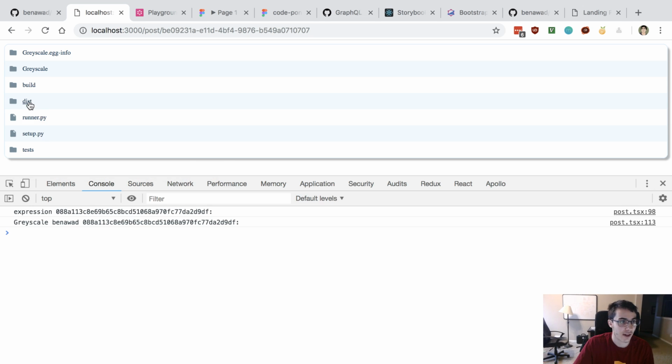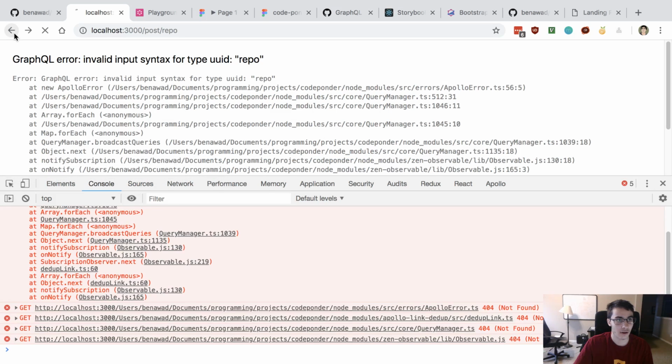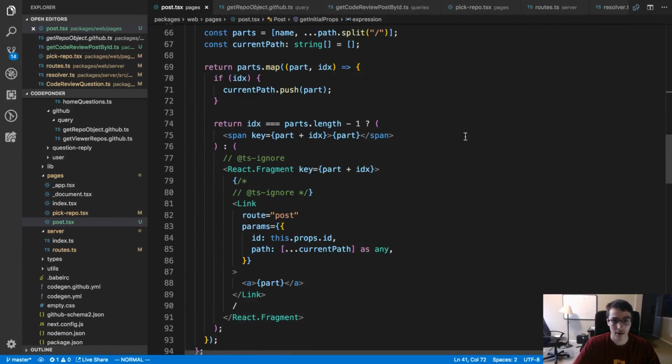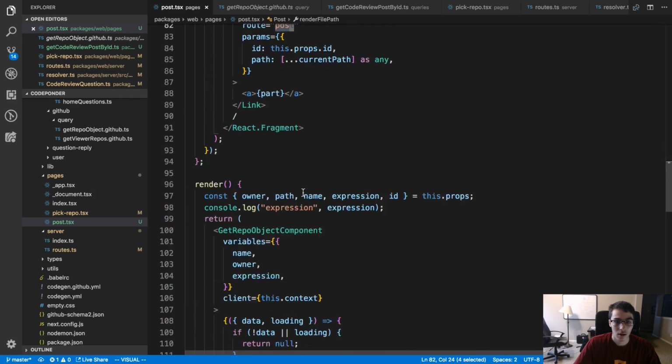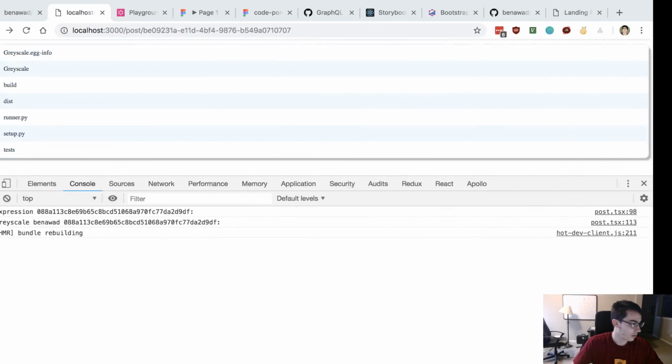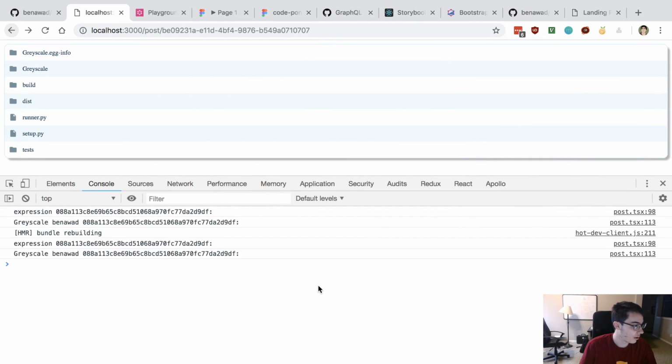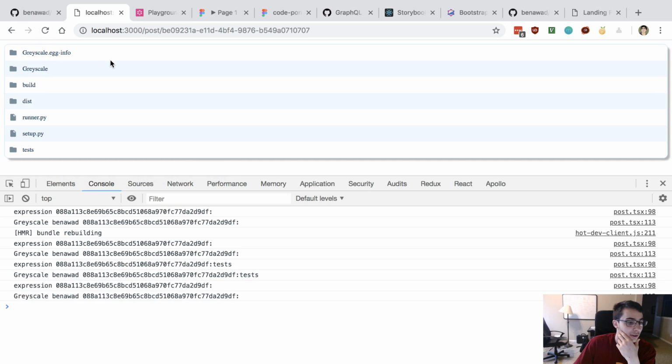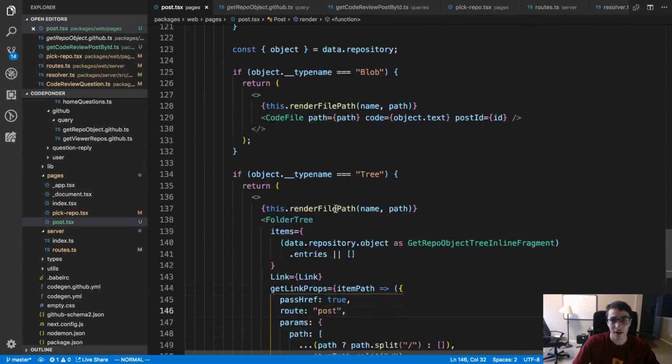And so let's see if the navigation still works. I broke that. I think that just has to do with me calling it repo here. It's called post. Nice. Okay. So our navigation is now working again.